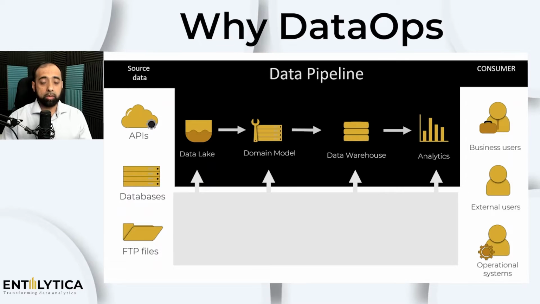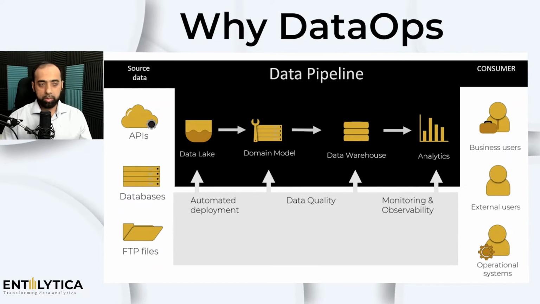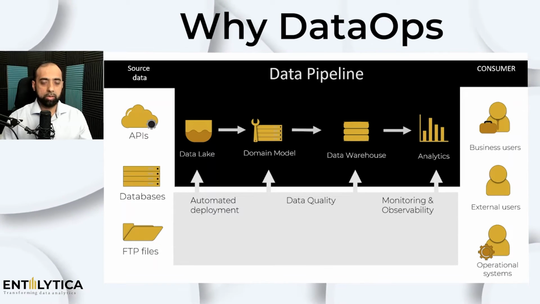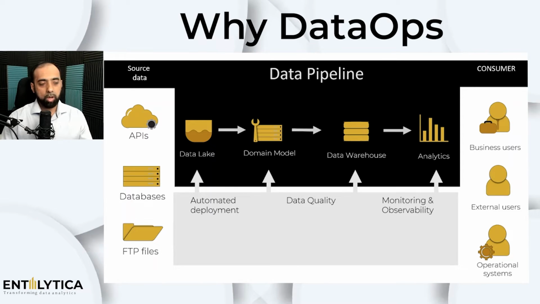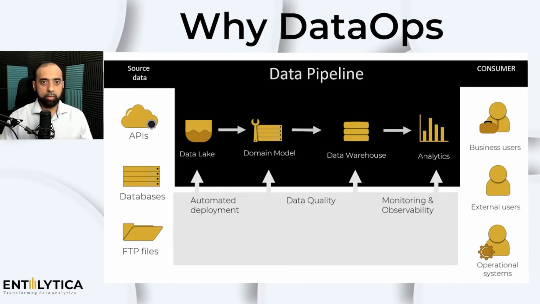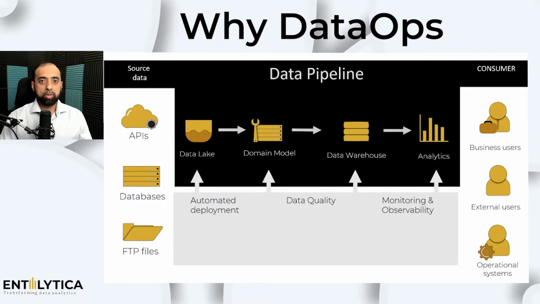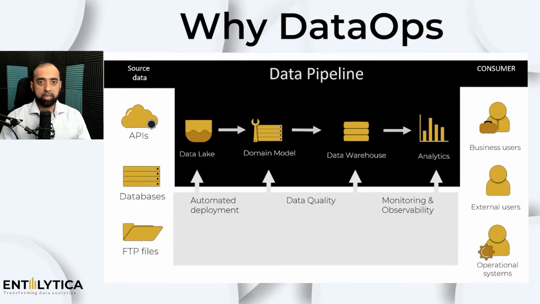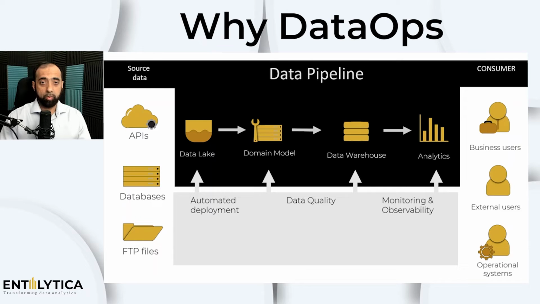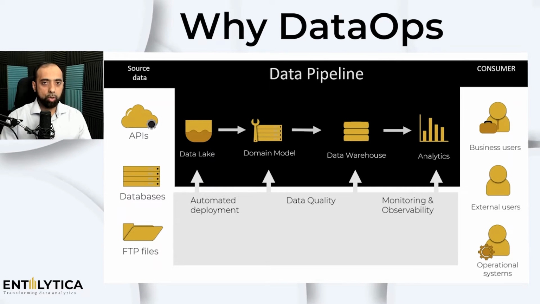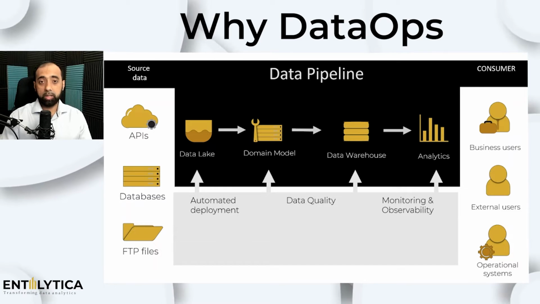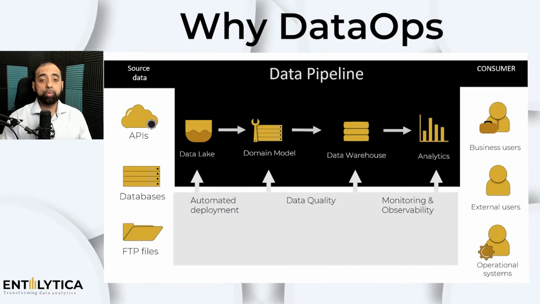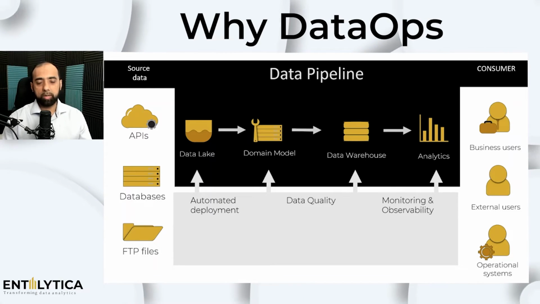Now you might want to add a lot of enablers, and while this is a relatively longer list, and I'll link the article I have on this in the description below, the main important ones for me are, first, automated deployment. What that means is, as a developer, when I've changed an ETL flow, as soon as I raise a pull request and it gets approved, which is when the code review happens, from that moment till that ETL job being deployed in dev, staging or production should be automated without the need of any manual intervention.